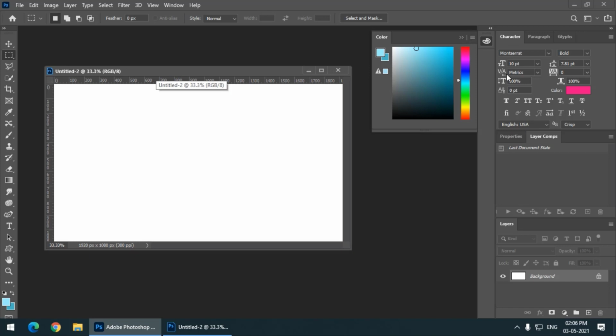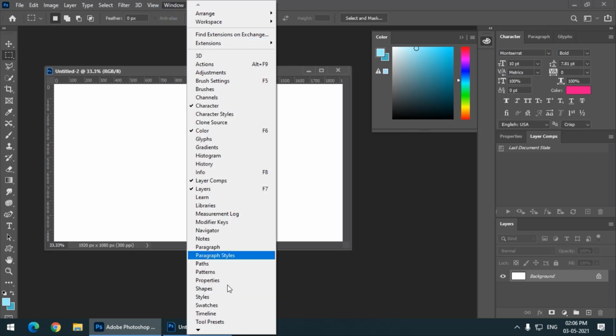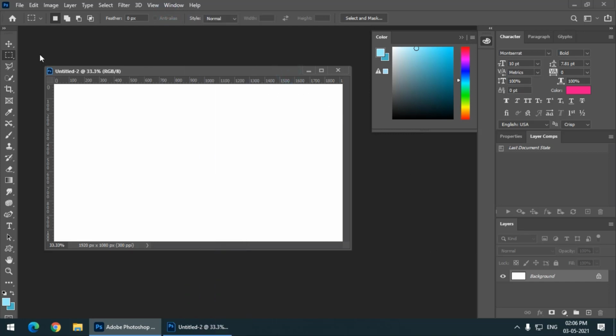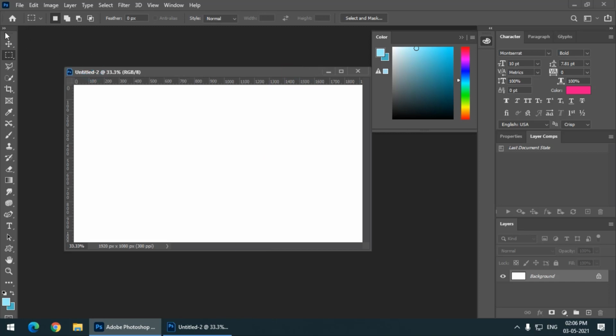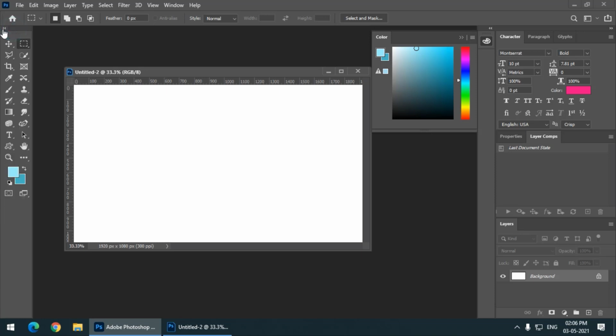You can choose anytime to add or remove any of the panels from the Window list. And if you want to change the toolbox, let's say if I want the toolbox in 2 columns, you can simply click on these 2 small arrows, and it will be converted into 2 columns.